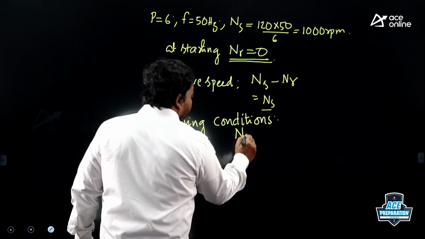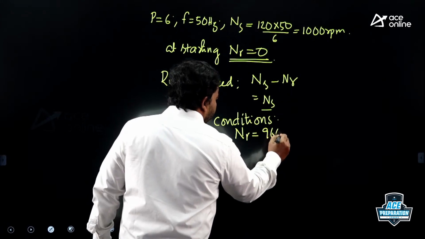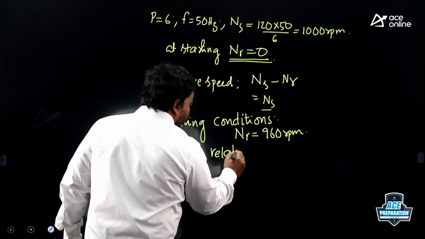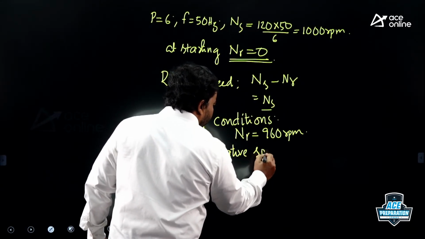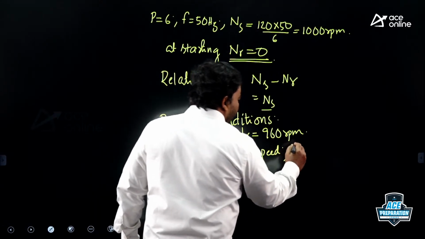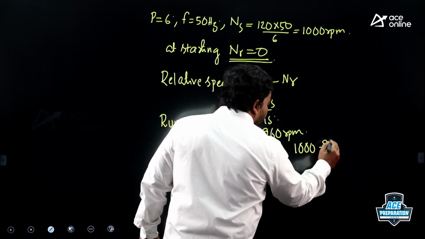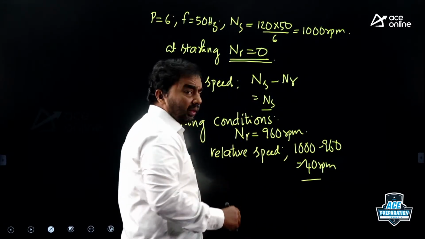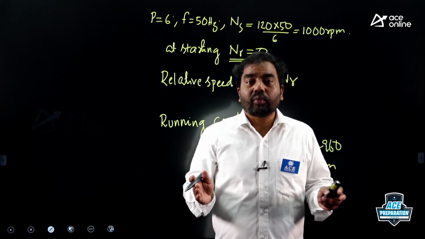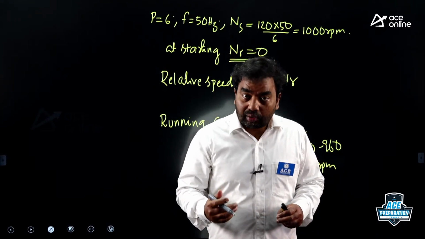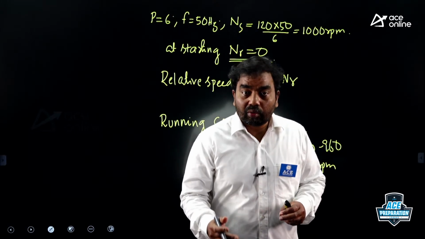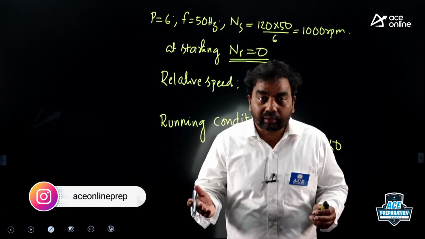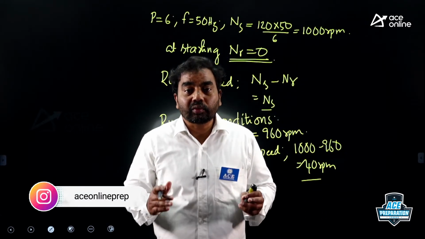say the rotor is rotating with a speed of 960 rpm. Then what is the relative speed? Relative speed is 1000 minus 960, which is 40 rpm. You can see the relative speed between the stator field and the rotor conductors is very less. Flux cutting the rotor conductors is less, EMF induced in the rotor conductors is less, currents in the rotor conductors and in the stator winding are less, ohmic losses will be less and hence the temperatures will be less and